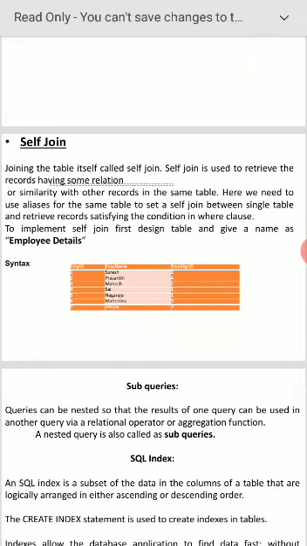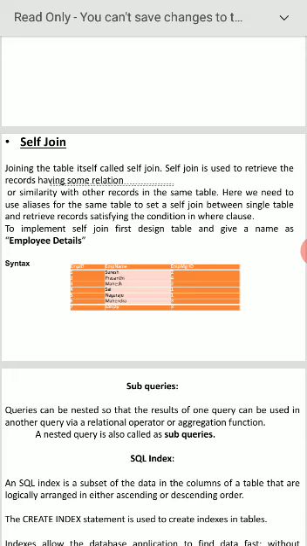How can we do a self join? Here you see: select E2.emp_name, E1.emp_name as manager. Employee name is there, no? That will be aliased as manager, that is E1.emp_name as manager. Then it will combine together. That means it will find the overall managers who are employees. Like that, you can use the self join.